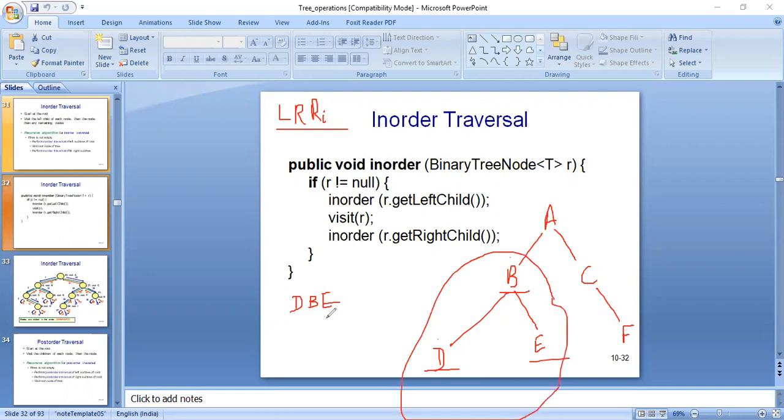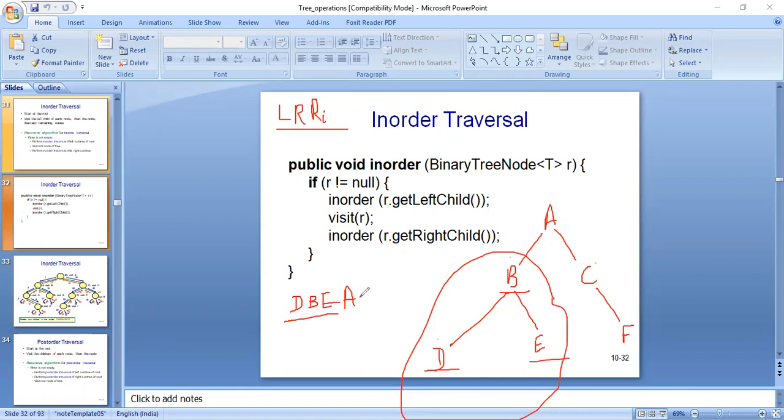So this is left. Then is root. Root is A. This is left. Then is A. Then we have to traverse right. So under right subtree we have C. C do not have any left side. So we will be skipping the left part. Then we will be moving to right.